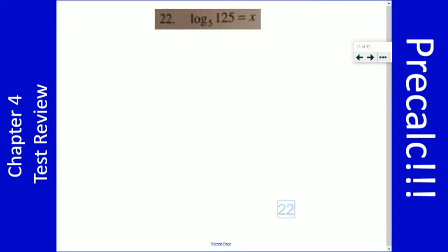Okay, on to number 22. 22 is log base 5 of 125 equals x. Now this is asking us to solve this equation. The way that we're going to solve this equation is we can evaluate this in our calculator. I think evaluating in the calculator is probably going to be the most straightforward way to do this, but we can't do logarithm base 5 in the calculator, so we're going to use the change of base formula. So it's log base 10 of 125 over logarithm of 5 equals x, and so we're going to find some number for these. Let's go ahead and get our calculator back out